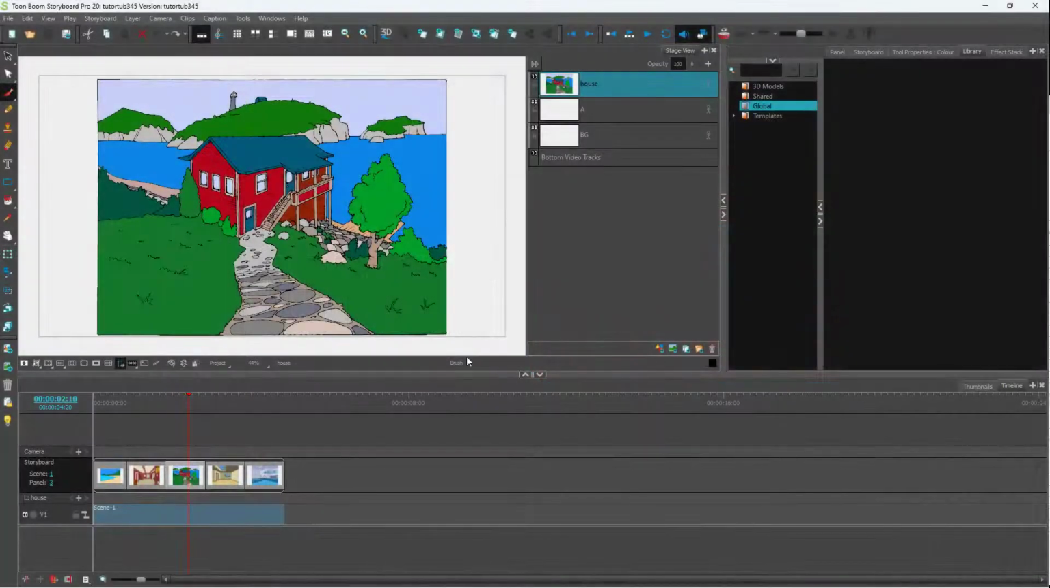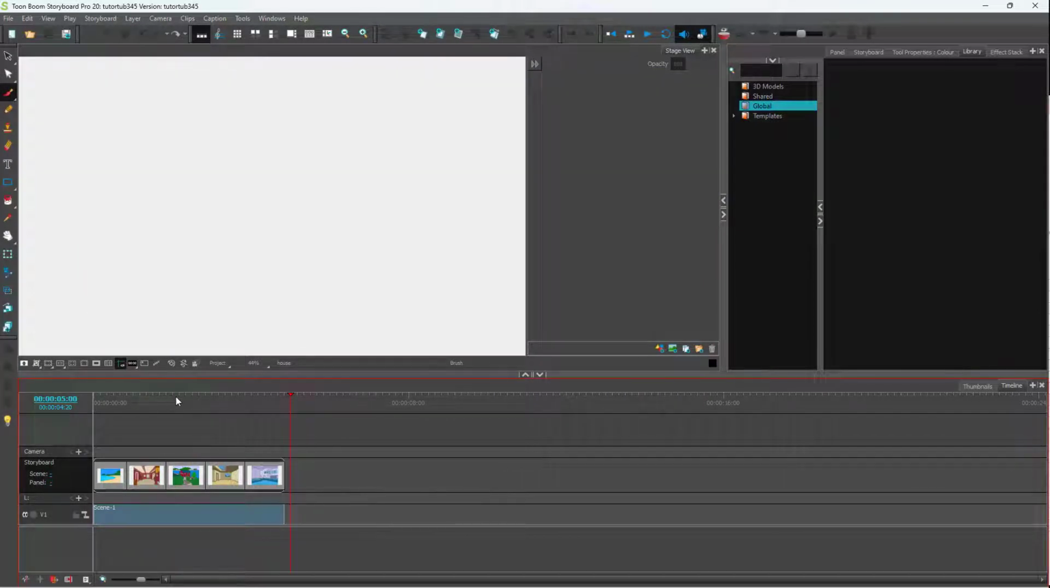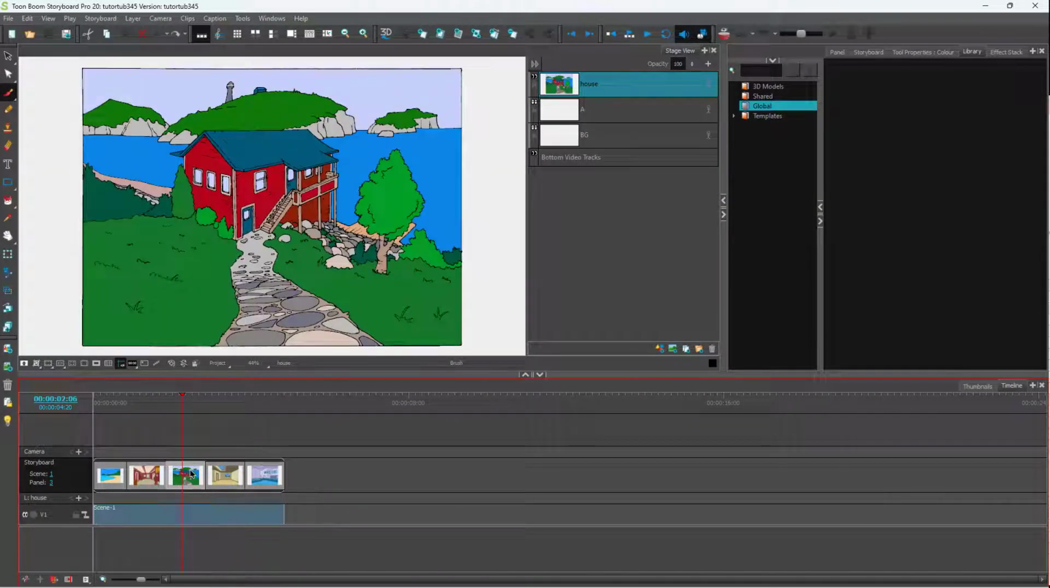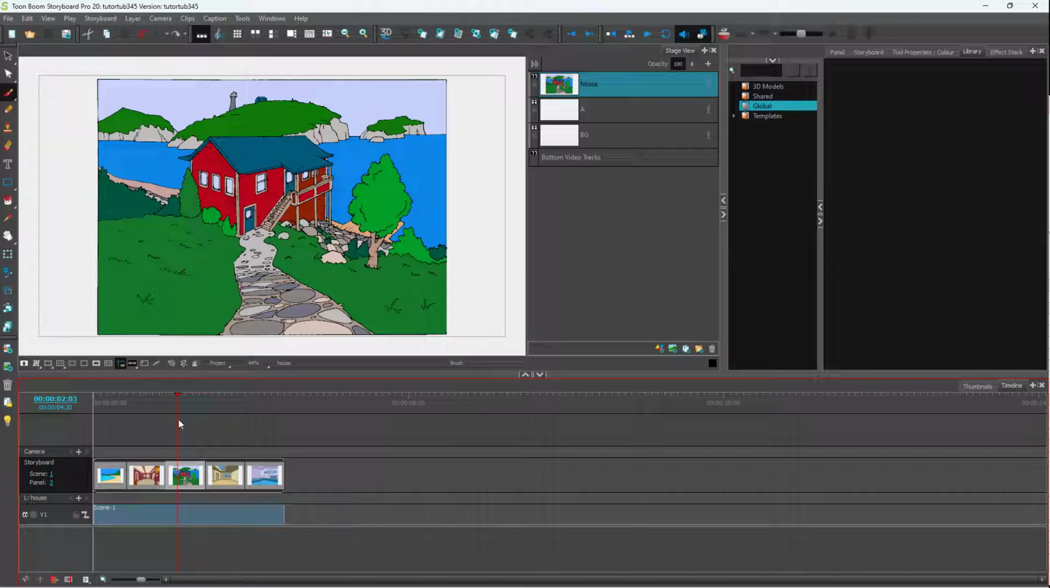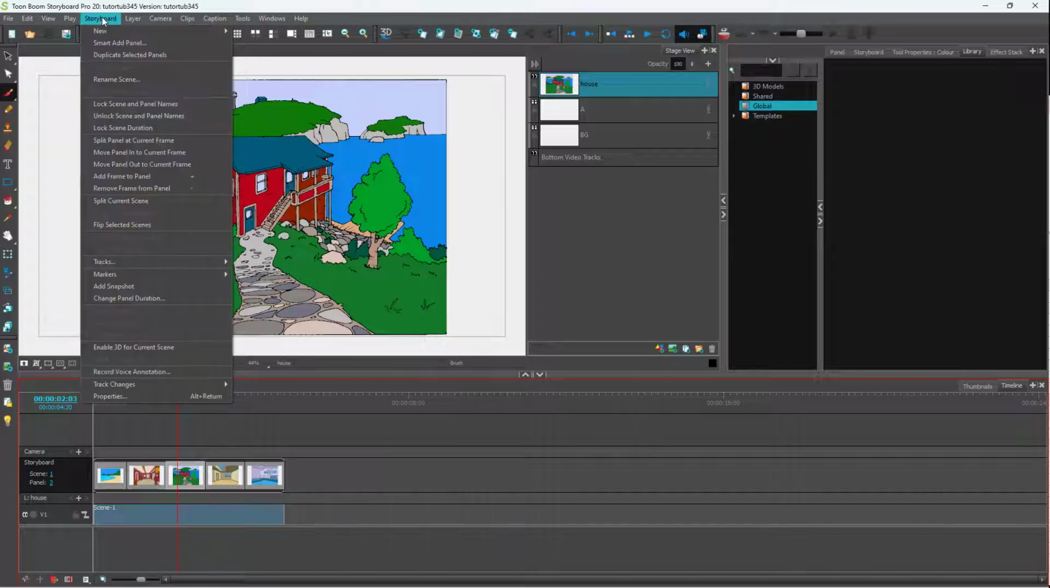So over here you can see that I have a storyboard project, and all of it, as you can see, is in a single scene right here. So if you want to insert, let's say, another project, then you need to break the scene first. And to do that, I'm going to go over here, and then I'm going to click on